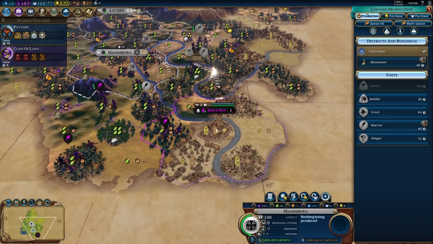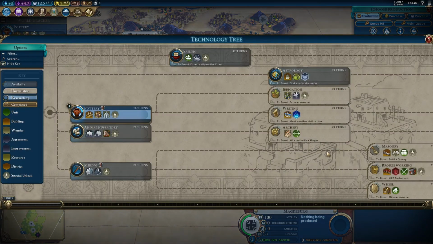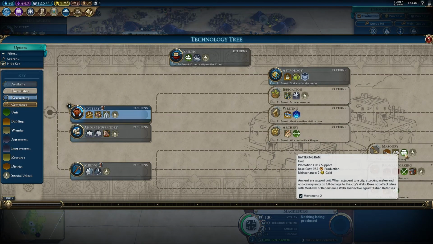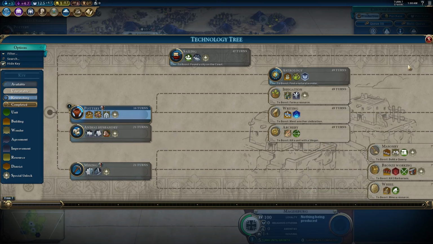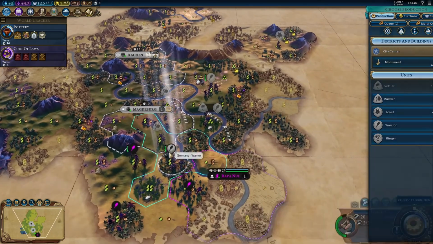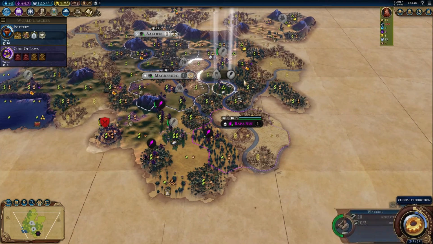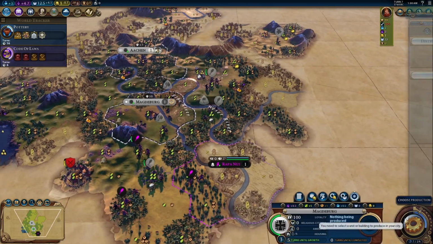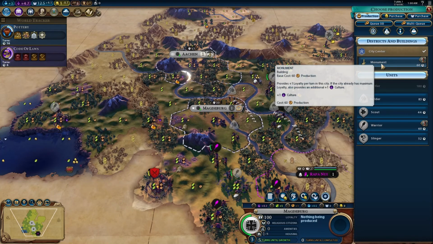We'd like to be able to take this city, but to do it we really need to get a ram. So I think we'll go towards writing, and then we'll come back this way and get the rams up. And with that in mind, I'll probably...